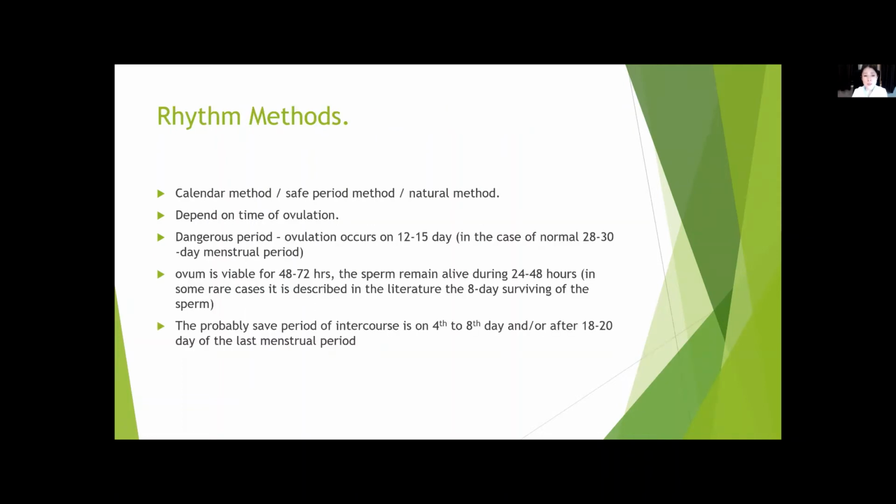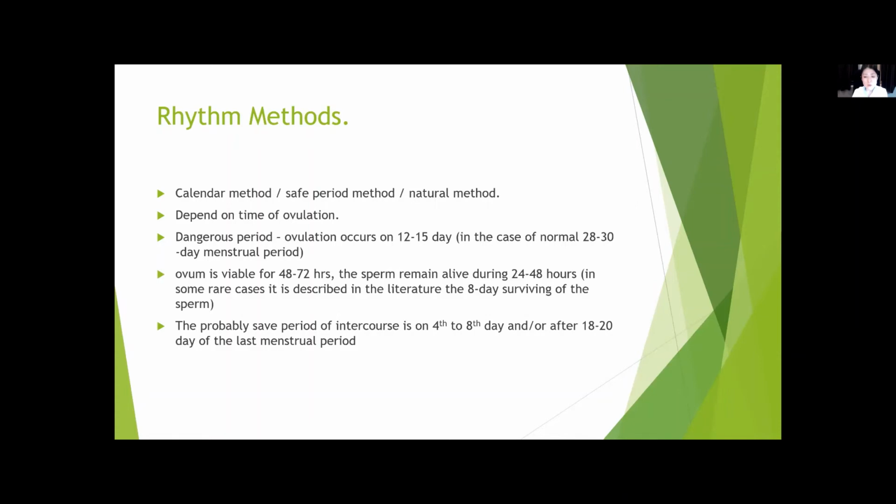Rhythm method, also called the calendar method, safe period method, and natural method, depends on the time of ovulation. The dangerous period is from the 12th up to the 15th day, when ovulation probably occurs,